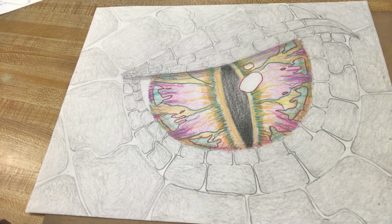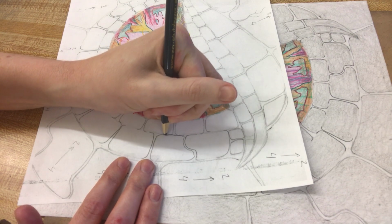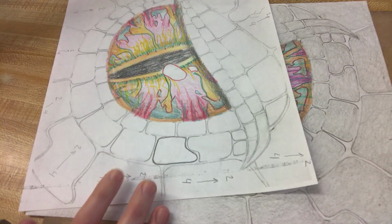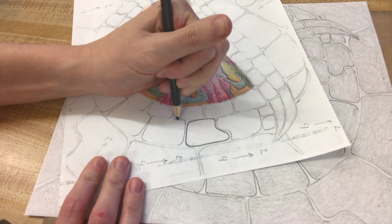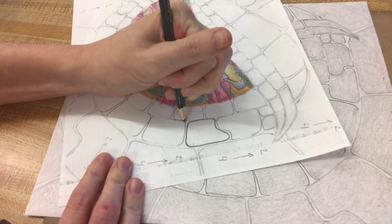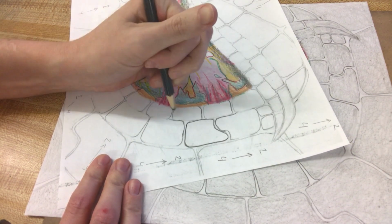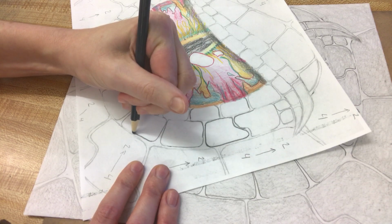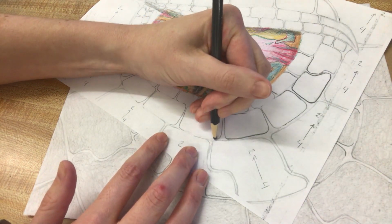Okay, so here's an advanced tip for how to outline. You're used to outlining all at the same pressure, where everything is equally heavy and sharp pressure. A more professional way to do this is to change it up a bit. While your pencil is sharp, go through and find some random spots to do sharp outlines. And then when your pencil starts to get a bit more dull, then go in and do some more dull outlines. Also, change it up even more and create kind of dotted line